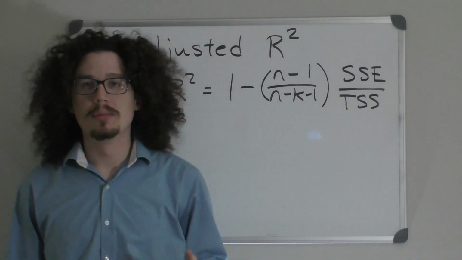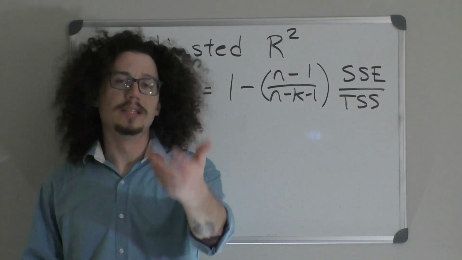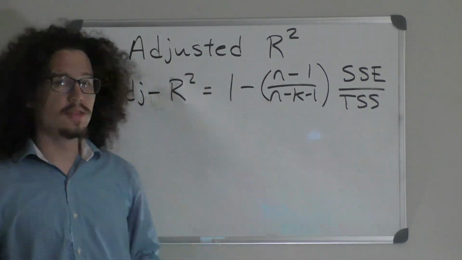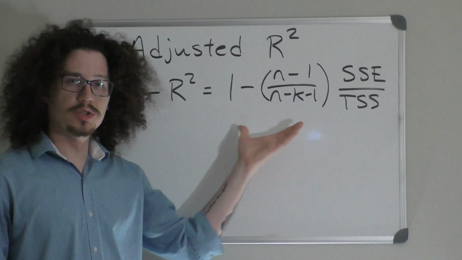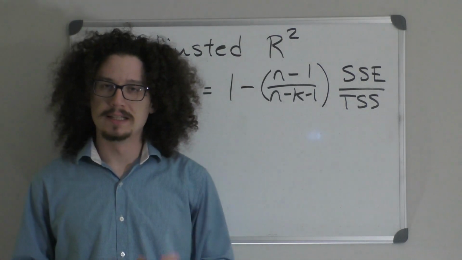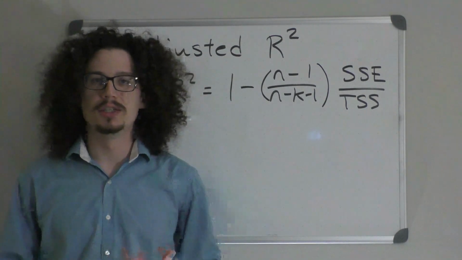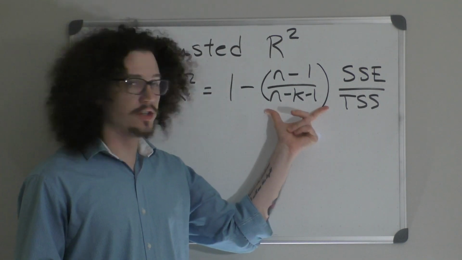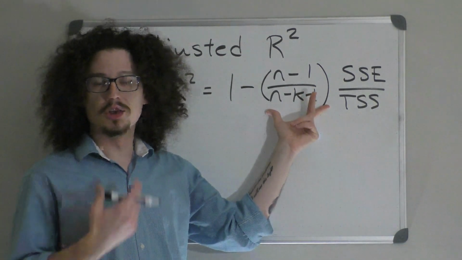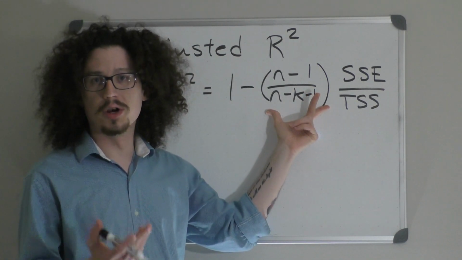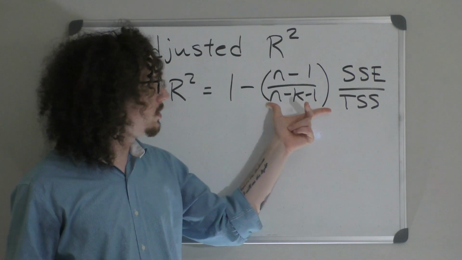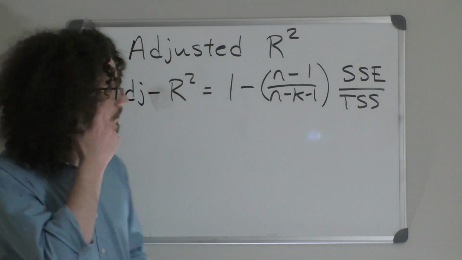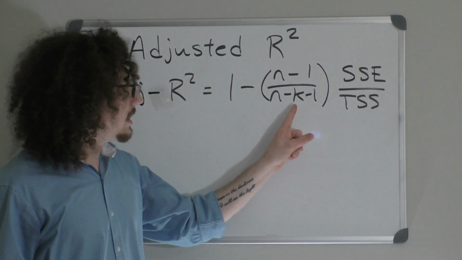So here we can see it's a little bit more complicated, and that's because it is trying to do something a bit more complicated. Now, the way this works, and the reason that we're using that 1 minus SSE over TSS formula with a slight addition is for this reason. If we look at this term, this term is the only thing we're adding to the calculation for R squared. So what this term does, this n minus 1 over n minus k minus 1, is that